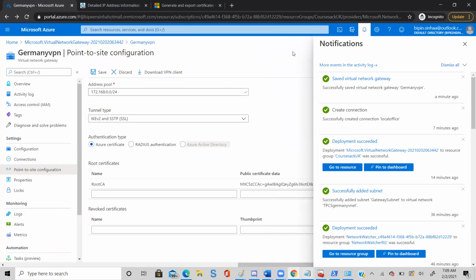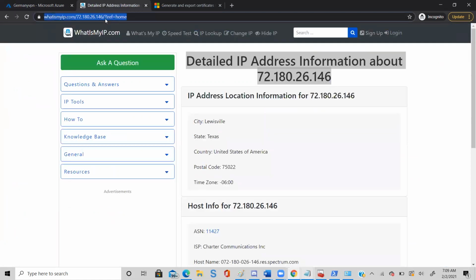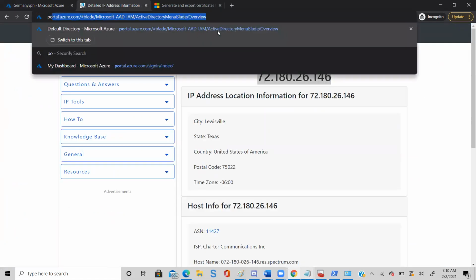So we still have this one. Let me go to portal.azure.com again.